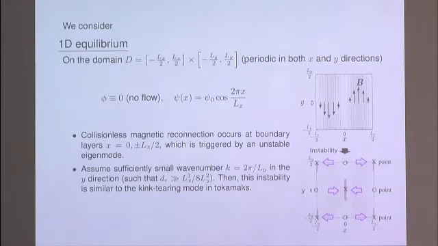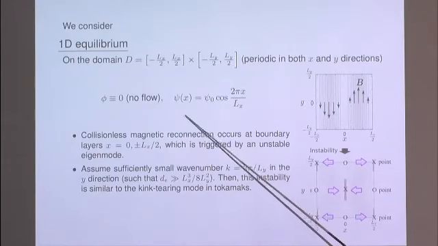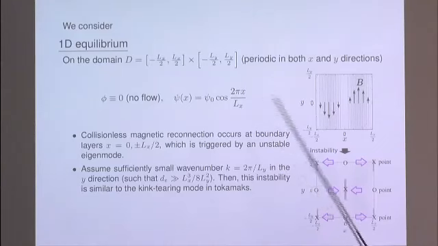And in this talk, for simplicity, I will consider only a one-dimensional equilibrium state given like this. So I will consider the domain, which is periodic in both x and y directions. And I assume there is no flow in the equilibrium state. And the flux function is given by the cosine function. And this is the equilibrium state. So the magnetic field line